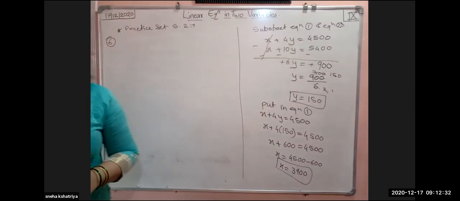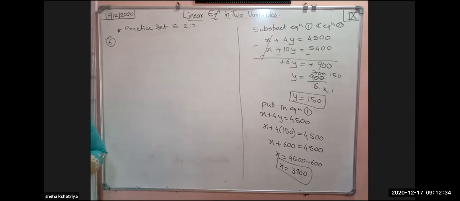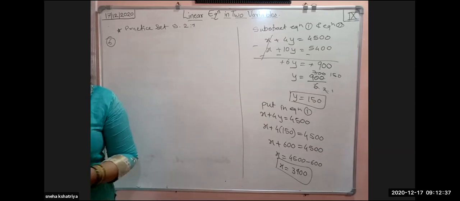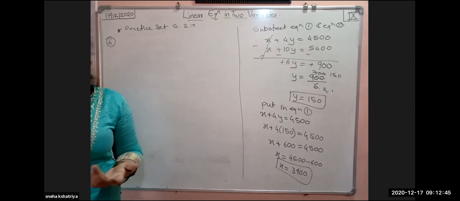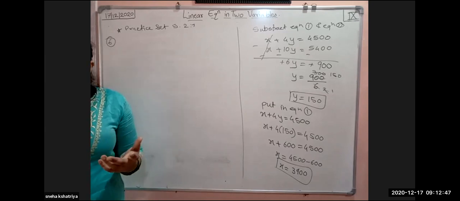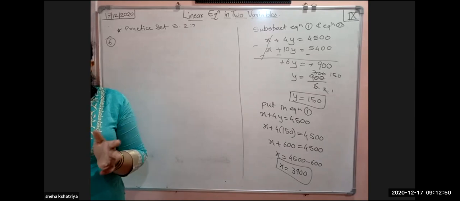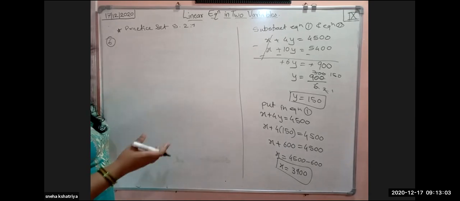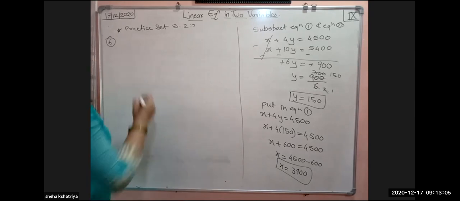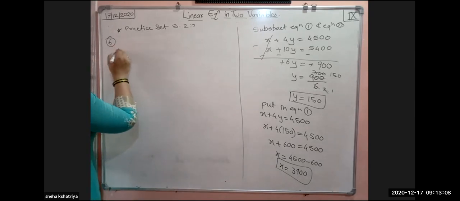Now we will see the next example, 6th example. It is given like: the price of 3 chairs and 2 tables is 4500 rupees and the price of 5 chairs and 3 tables is 7000 rupees. Then find the price of 2 chairs and 2 tables. Simple. Chairs and tables are there and they have already been given in the proper condition. So we don't have to think a lot. Just write it down like this. Let the number of chairs be x. We will consider x for chairs and y for tables. Okay. So we will write down the solution.